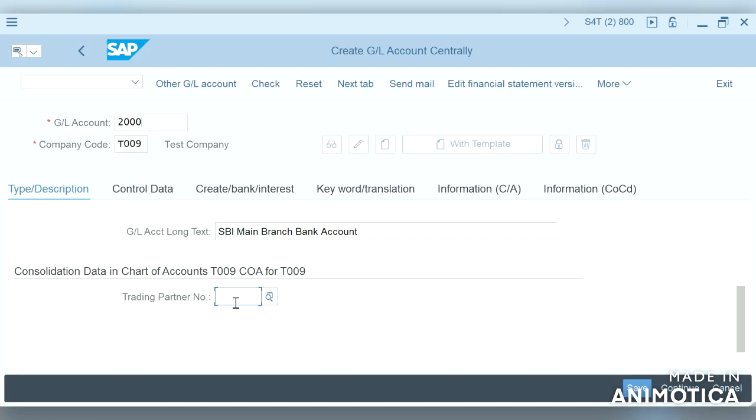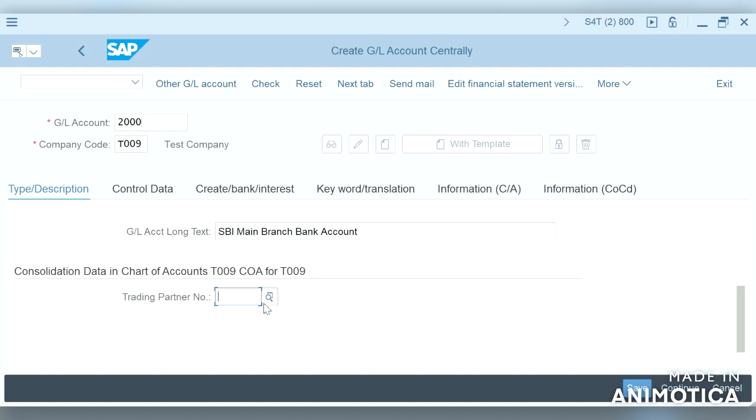Consolidation data in chart of accounts, trading partner. The trading partner is auto-flowed during postings if it is maintained in the GL account.